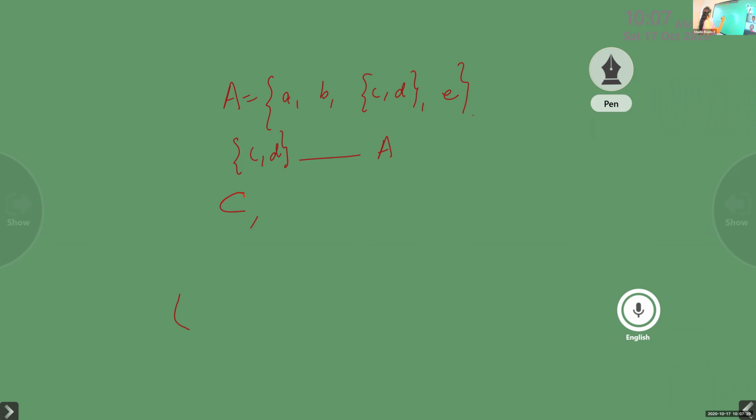The first option is given like this, belongs. One is none. What is the answer you have to write here? A, B, set {C, D}, comma E. So the option is given like this. So what is the answer? If you take this, this is an element, isn't it? Each one is an element of the set. If it is an element, what is the notation you have to write?